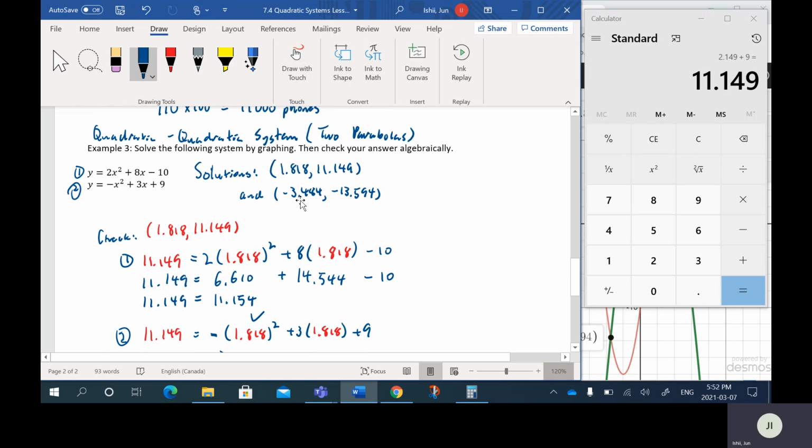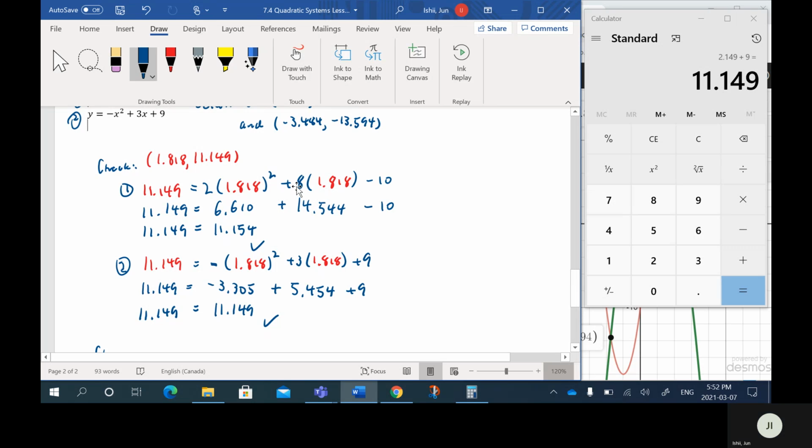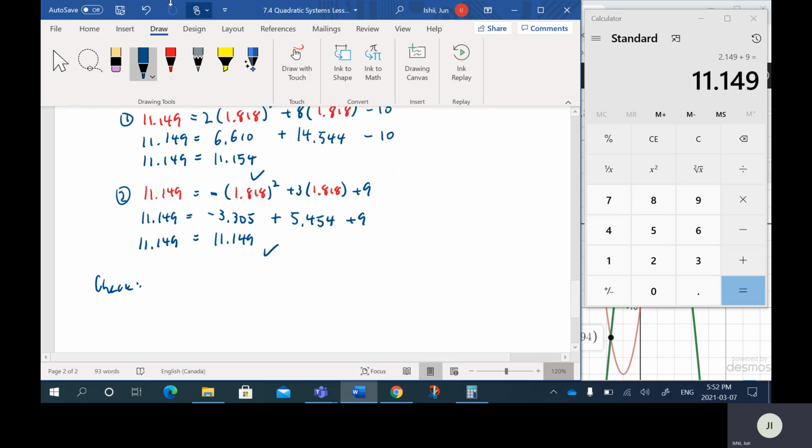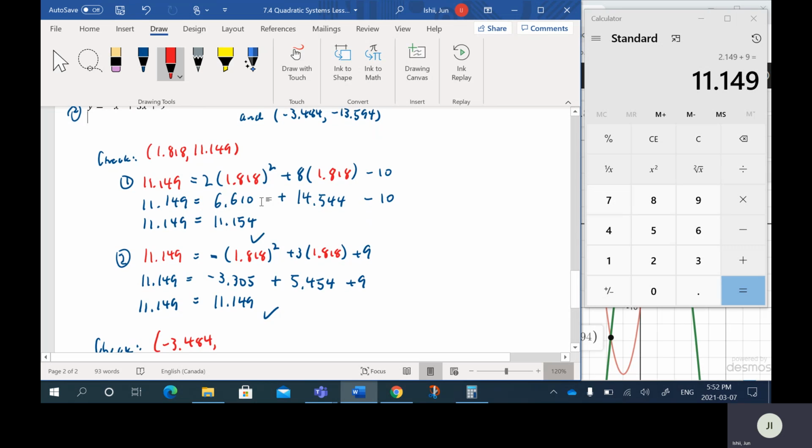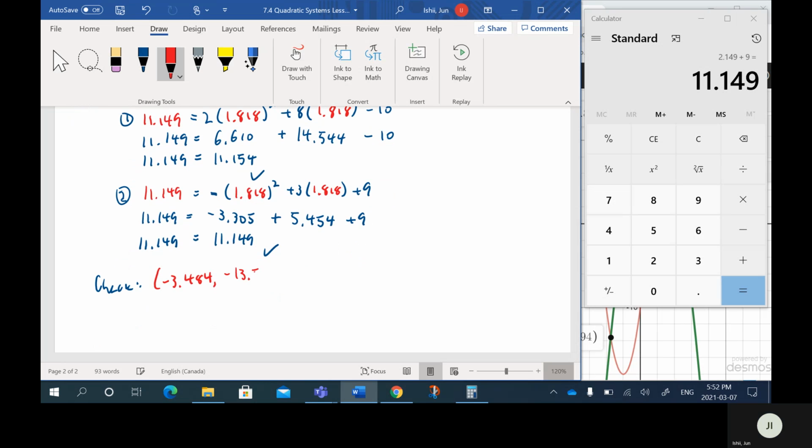So the other point we got here was this one here. So negative 3.484 and negative 13.594. All right, so let's check that. So if I plug that into the first parabola, what I'm going to do is actually just use this line here. So that's my x and that's my y, right? So my y here is negative 13.594